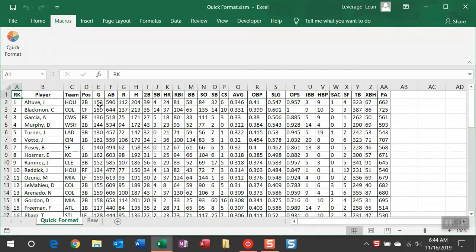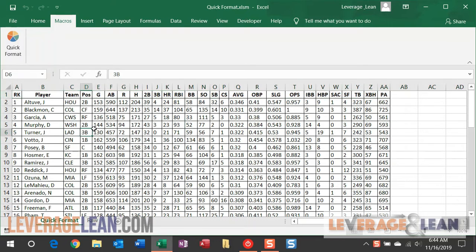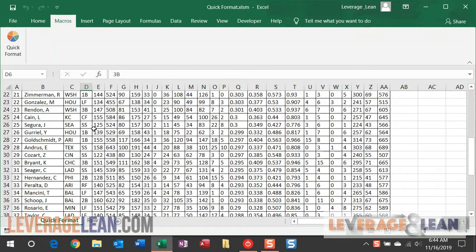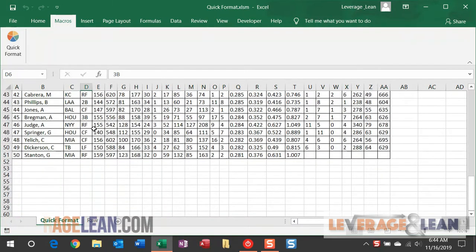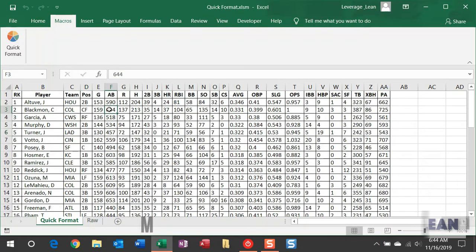It's going to create a table for you. It's going to bold all of the titles in the first row, and then it's going to put borders around all of the cells while formatting the text. And you can see it's going to grab all the way down to the last row in this data and format that. So this is a quick way and an efficient way, I believe, to really format all of your